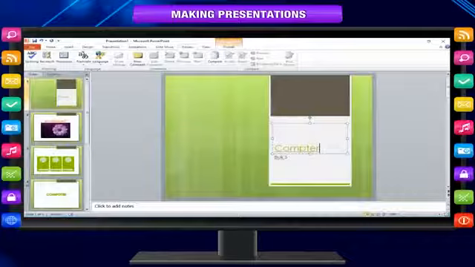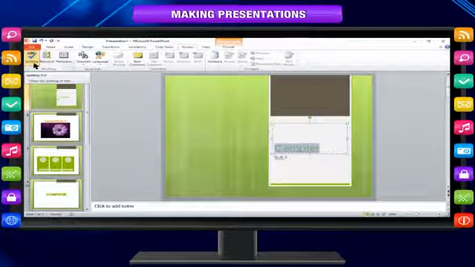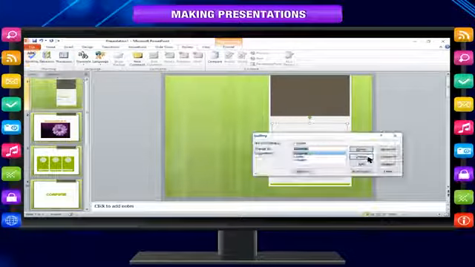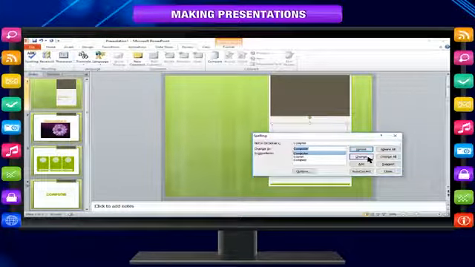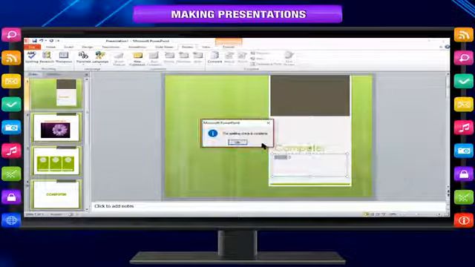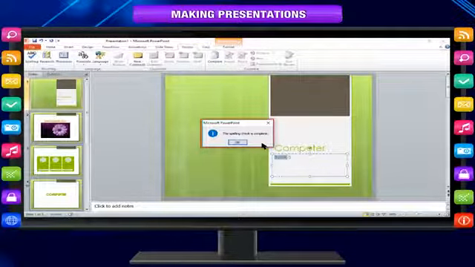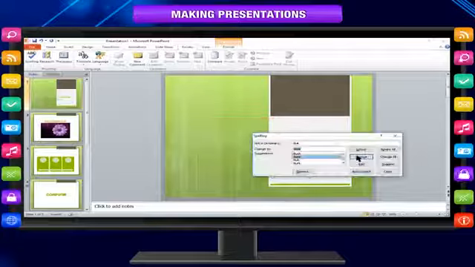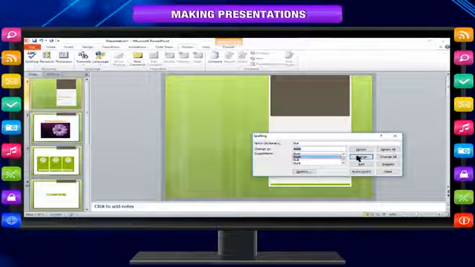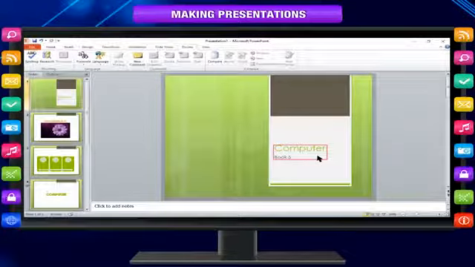On the Review tab in the Proofing group, click Spelling. If the program finds spelling mistakes, a dialog box or task pane is displayed, and the first misspelled word found by the spelling checker is selected. You can resolve each error that the program finds in the same way as you do in MS Word 2010. After you resolve each misspelled word, the program selects the next misspelled word so that you can decide what you want to do. Now you are ready with your presentation.